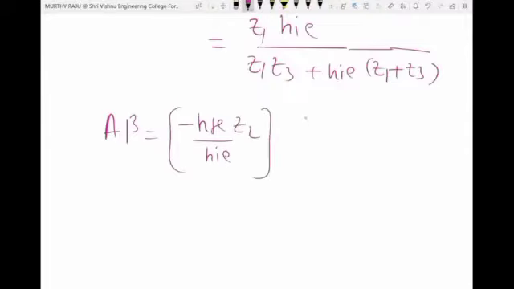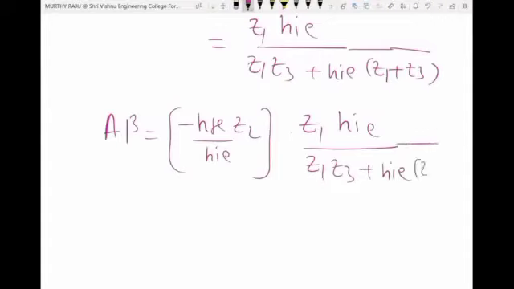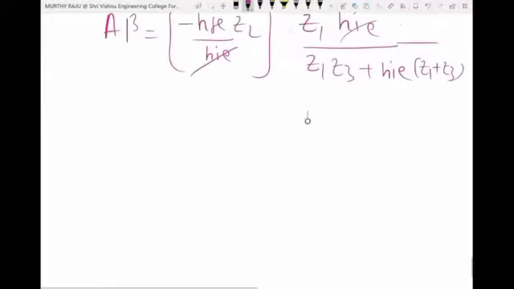Beta value is Z1 HIE by Z1 Z3 plus HIE Z1 plus Z3. This HIE cancels. So substitute the ZL value in this expression, already derived. A beta is equal to minus HFE, ZL is